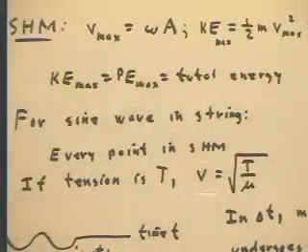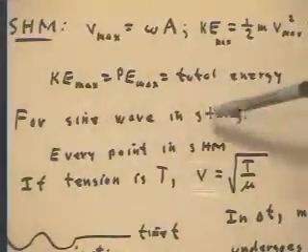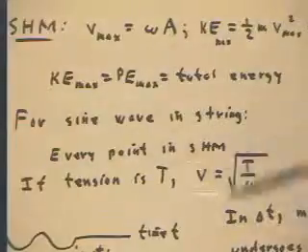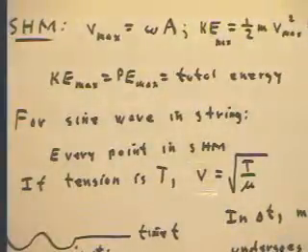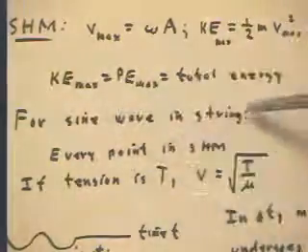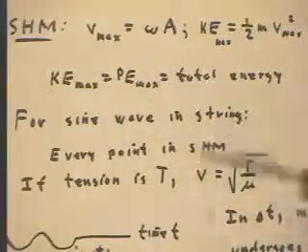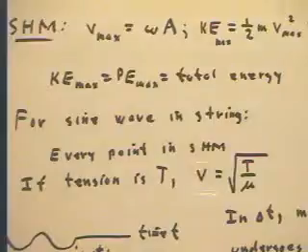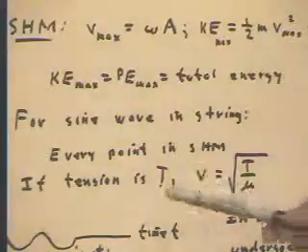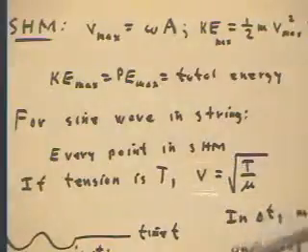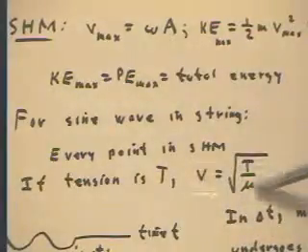For a sine wave in a string, every point in the string is in simple harmonic motion, isn't it? If you've got a sine wave traveling down a string, every point is oscillating back and forth in simple harmonic motion. If the tension in the string is T, then of course the velocity is the square root of T over mu,